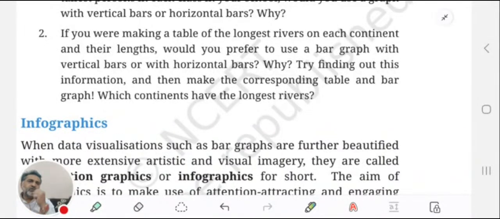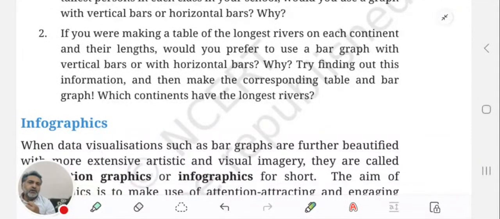If you want to make a table of the longest river on each continent and their lengths, would you prefer to use a bar graph with a vertical bar or with a horizontal bar? Why? Try finding out this information and then make the corresponding table and bar graph which continent have the longest river. તો એનો આન્સર છે,